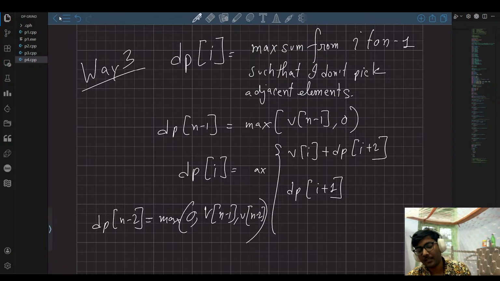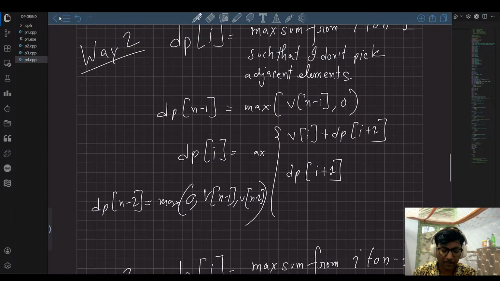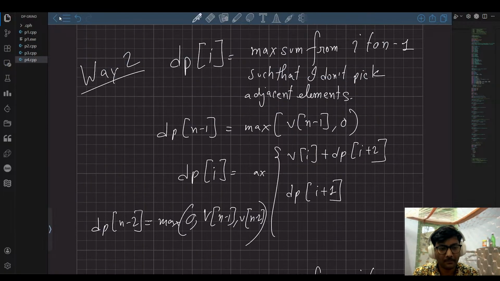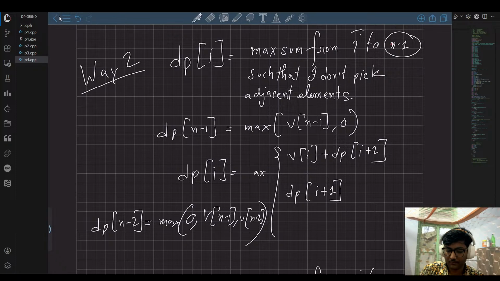If you are finding it difficult, maybe pause for some time and think about why these transition equations will work, how I am thinking about them as I am writing them, how it is defined, like I to n minus 1, right? Okay,